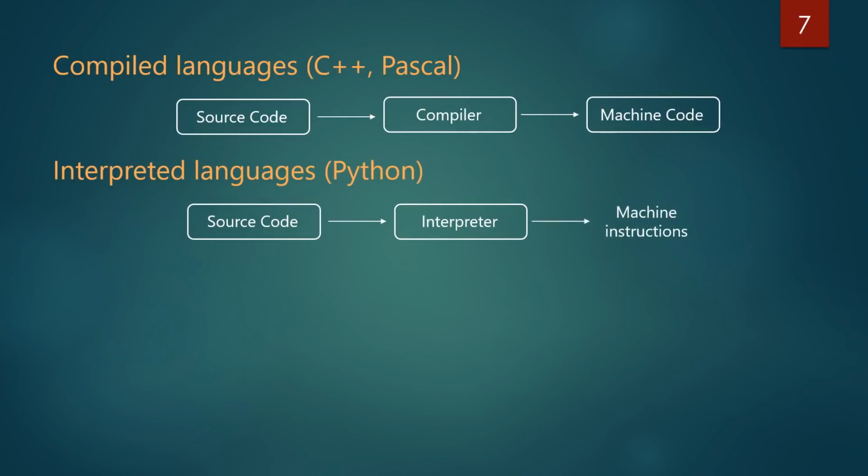So it translates to machine instruction, and machine instruction will go down to many levels, and eventually everything will become 0 and 1 anyway. But now the advantage of this is that you don't have to compile it. Whenever you change the source code, you don't have to recompile it. So it's very flexible, but it's slow because everything has to be translated to something that the machine can understand